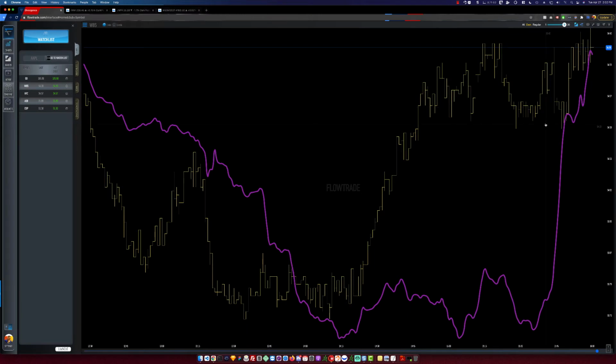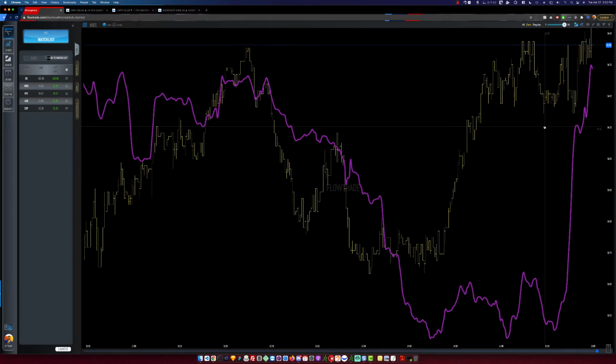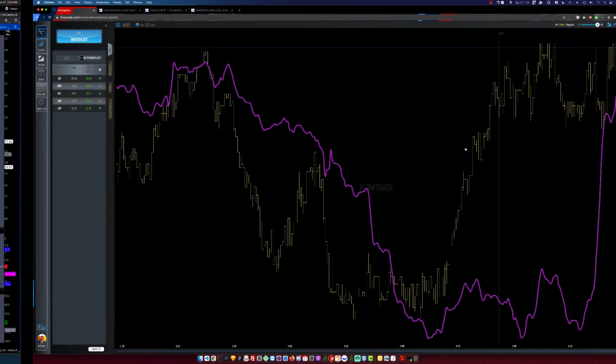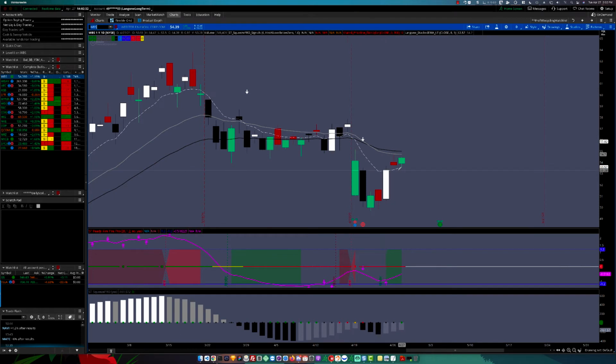So intraday, price action is trading with the algo. The algo has started buying yesterday, or right around 2 o'clock today. It started buying. That's that curling up we see. It's a strong indication that there may be a potential move upwards. From a technical standpoint, looking at